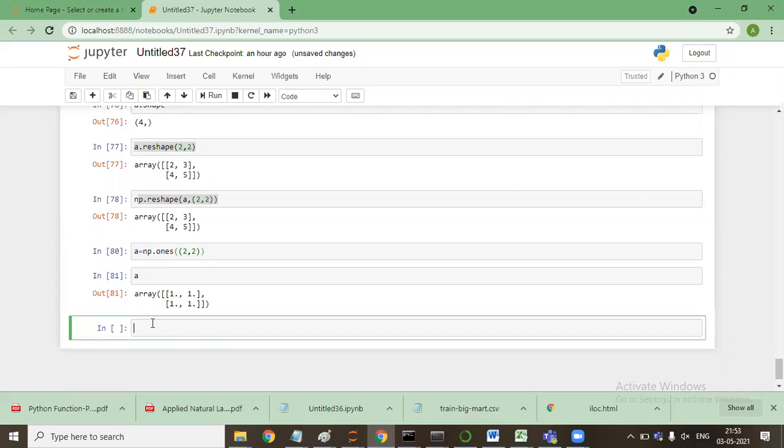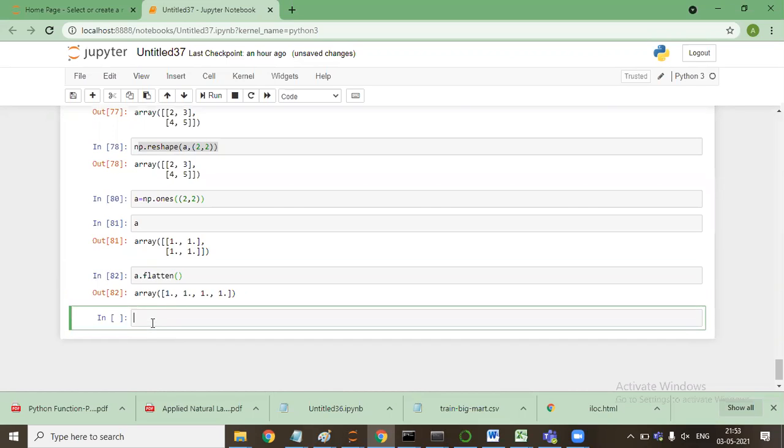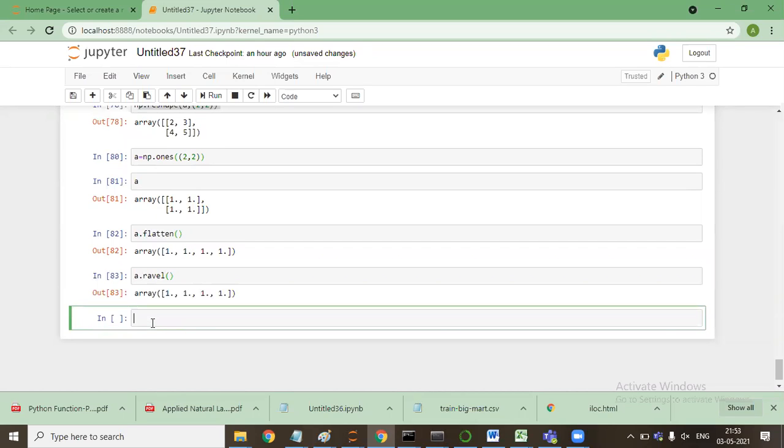Now if I say A.flatten(), it will convert it into a one-dimensional array. If I say A.ravel(), again it will convert it into a one-dimensional array. So flatten and ravel are the same kind of methods.